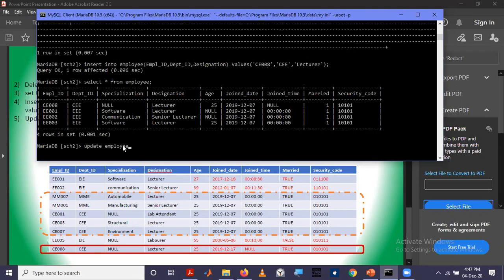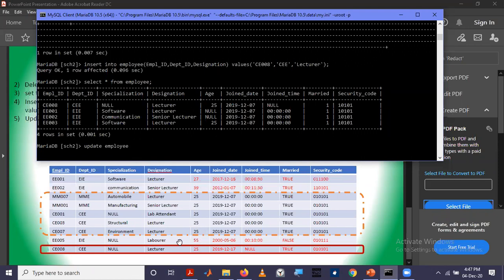Update employee. Then we have to change each and every one of this data, tuple wise, row by row. First we select this row and change these data to these values. Then we go to the next row and change this one to this one.